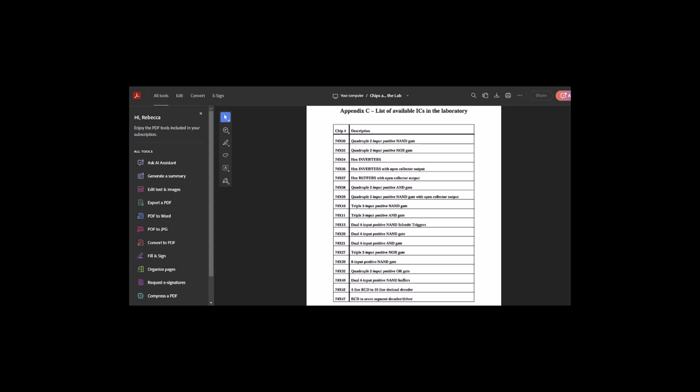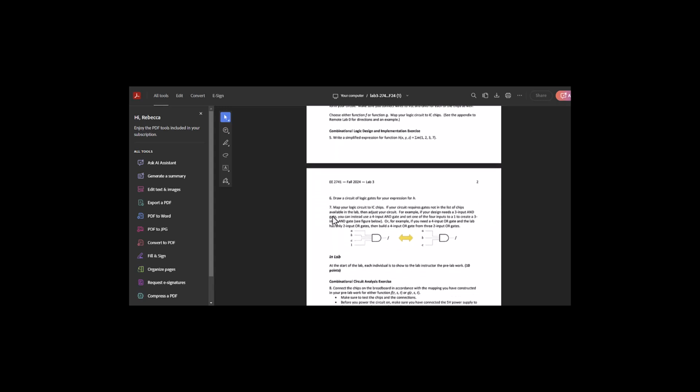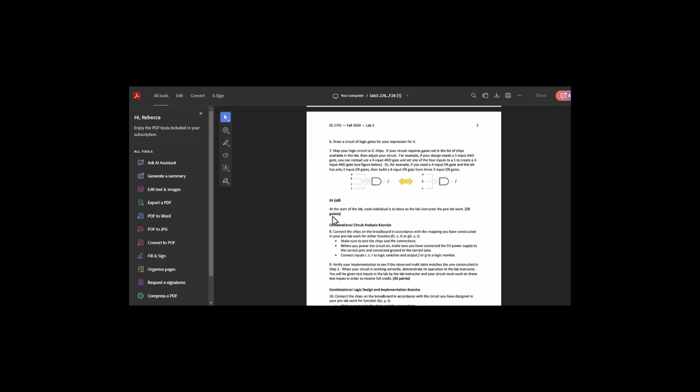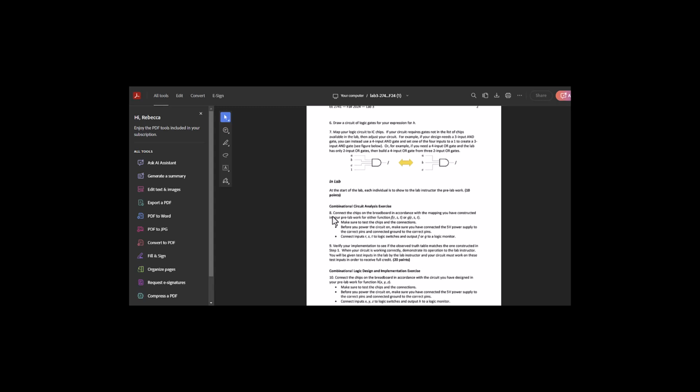And then let's see, what did your assignment say to do with this? It said, draw a circuit of logic gates for your expression for H, map it to IC chips, and then if you needed a 3-input AND gate, you can use a 4-input AND gate and set one of the 4 to... Okay, so what this is saying is